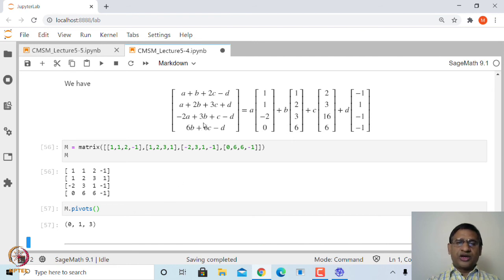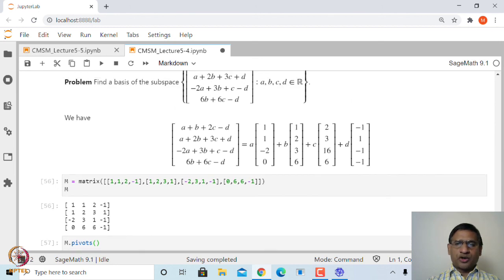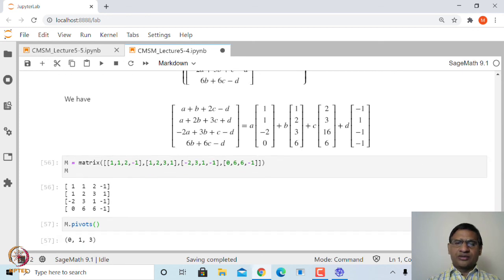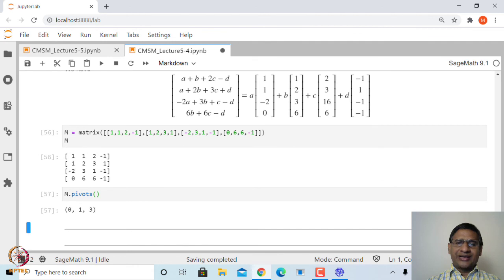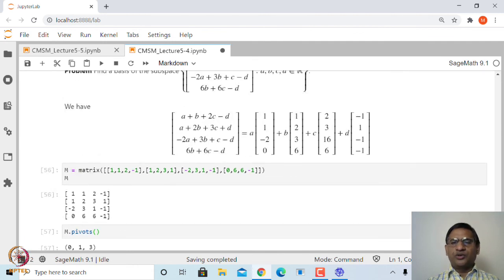So this is one way of solving this problem. You could also have obtained a basis by taking these as the row space and applying RREF; then it will give you a basis in reduced form, not in this form. But in this case only these 3 vectors, first, second and fourth, are linearly independent. The second one, if you look at it, is nothing but the sum of